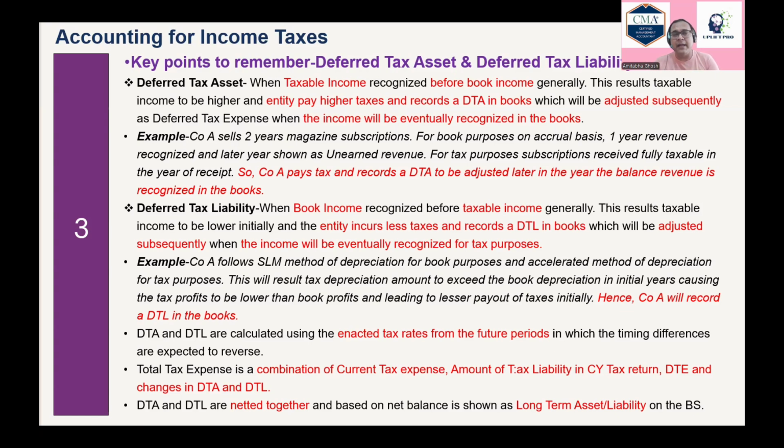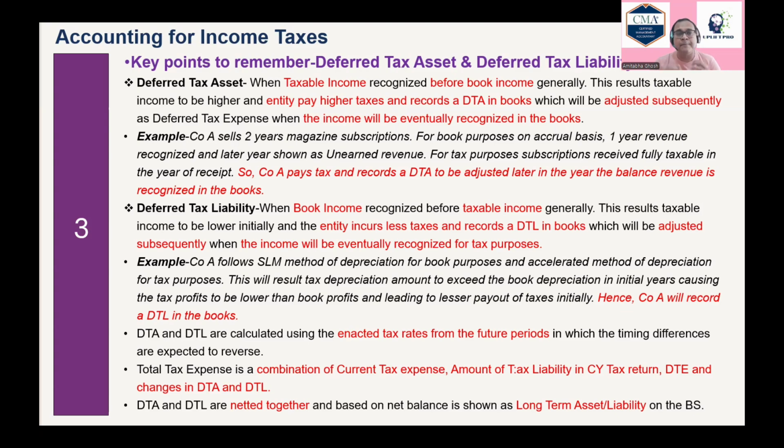Example, say company A follows the SLM method of depreciation for book purposes and an accelerated method of depreciation for tax purposes. So this will result in my tax depreciation amount exceeding the book depreciation in initial years, causing the tax profits to be lower than book profits and leading to a lesser payout of taxes initially. Hence, company A will record a deferred tax liability in the books. So if you keep these two examples in mind, it will help you relate the concepts when it's tested